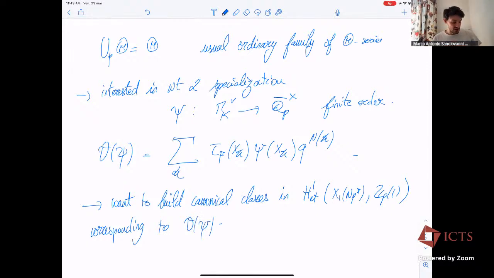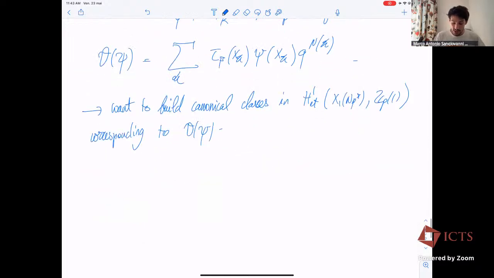So this is the objective. It's the same objective that Chris completed in his first talk, where he constructed these classes attached to GL2 Eisenstein series, and now we want to do it for theta series. Okay, so from the point of view again of my diagram, the key point is we need to find